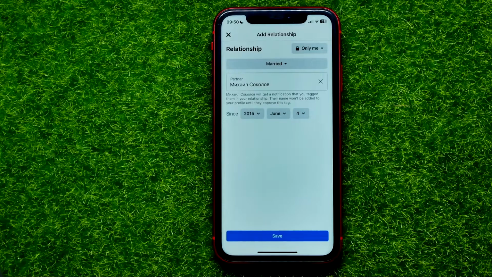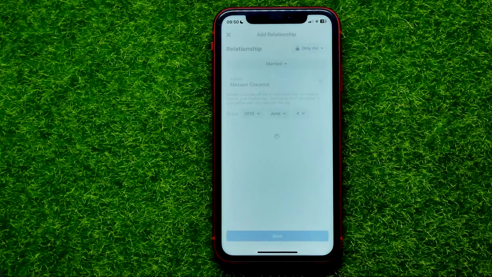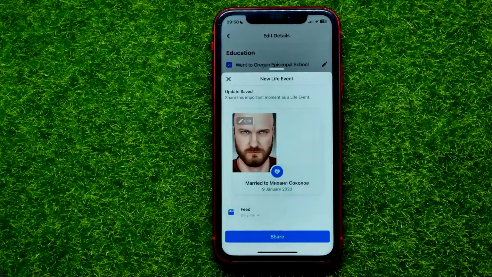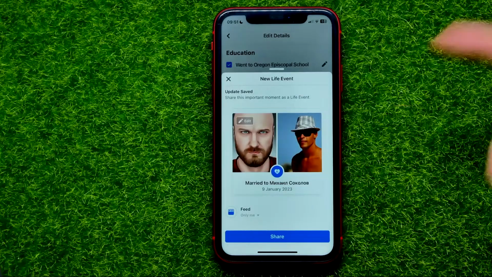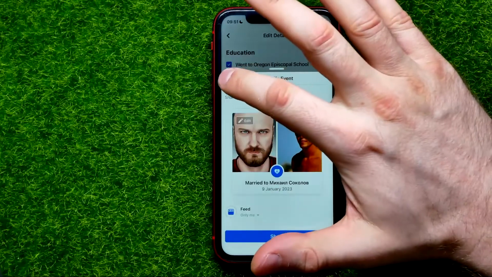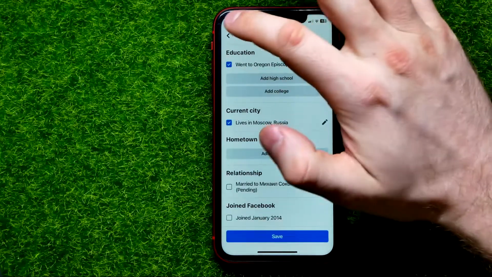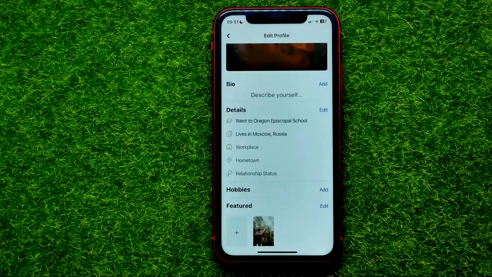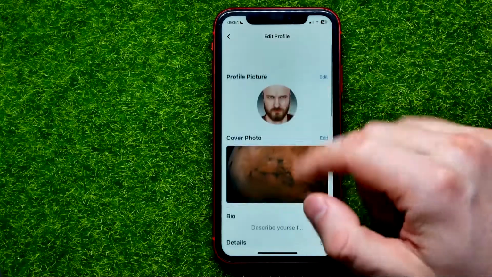Once you finished with that, just hit on save to save that information. If you wish, you can share this information on your news feed, but I'm just gonna hit at that X icon. And now if you open up your profile, let me